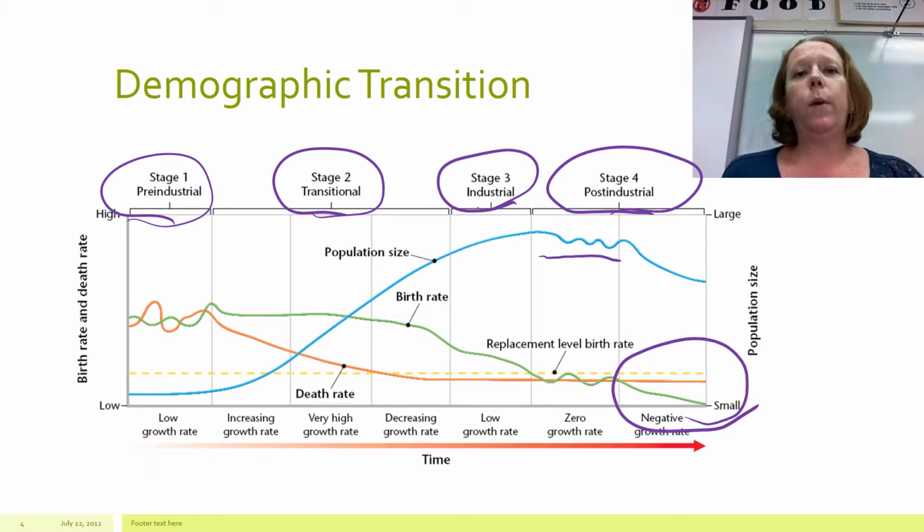So let's talk about replacement level for a second. What that means is that the population, in order to remain stable, people must have enough children to replace themselves. So if you have a couple, a mom and a dad, they need to have 2 children in order to replace themselves. Now, in reality, replacement level turns out to be somewhere around 2.1,